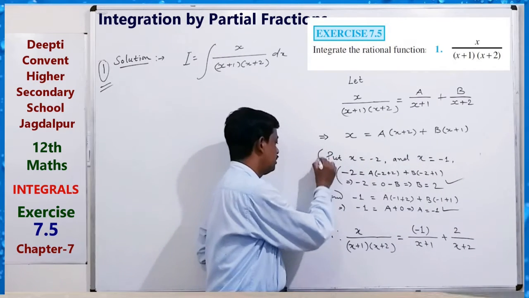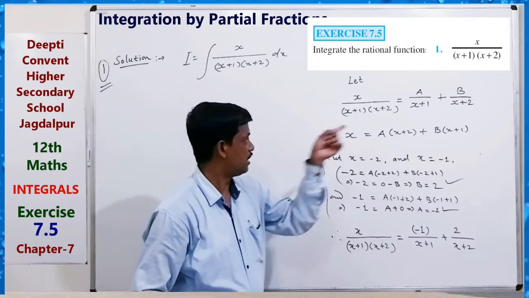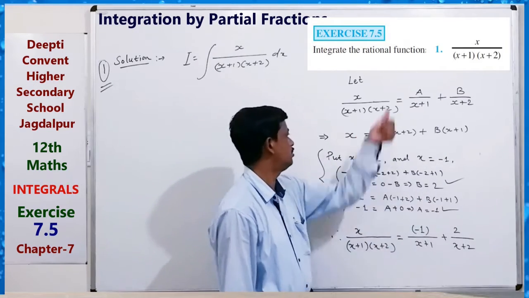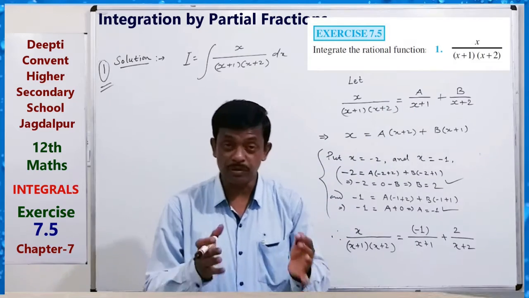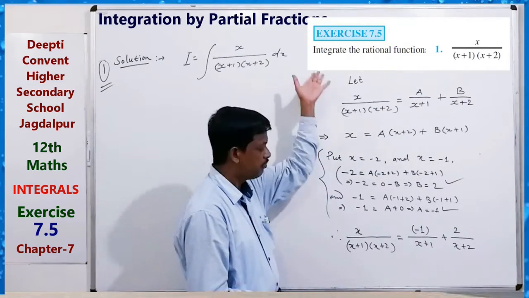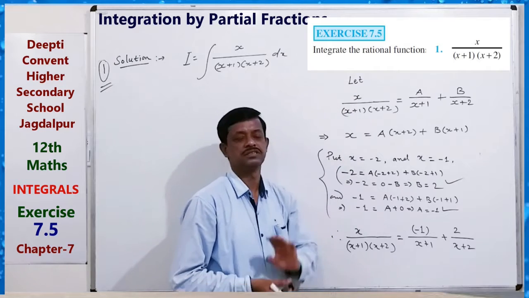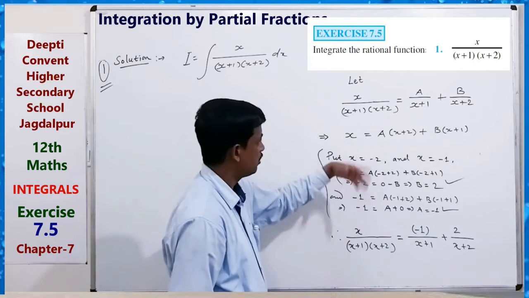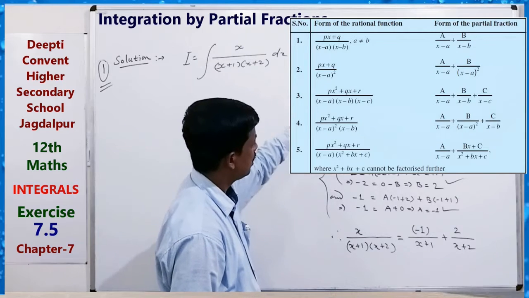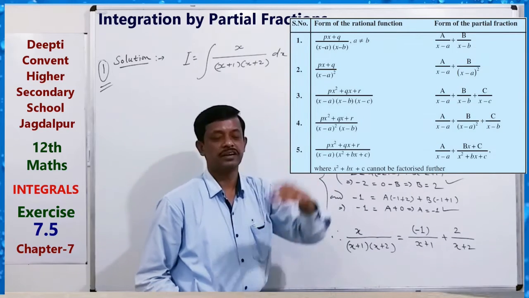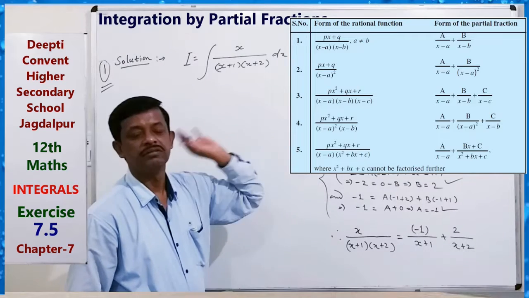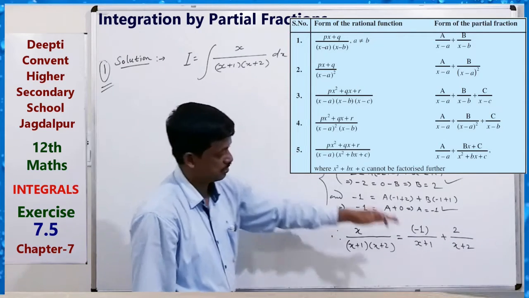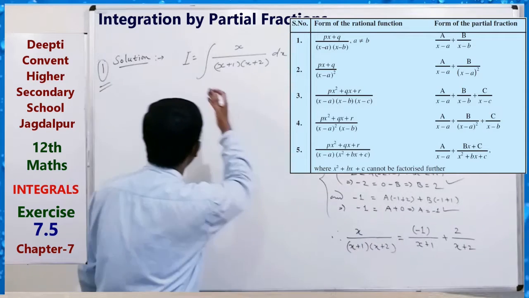So you can put some values directly here, and also get a and b, and then put the values of a and b. So this is the very first process for expressing in partial fractions. Now one by one we will see how we can partially fraction different types of fractions. Okay, so here after doing partial fractions, you have to put this value here.